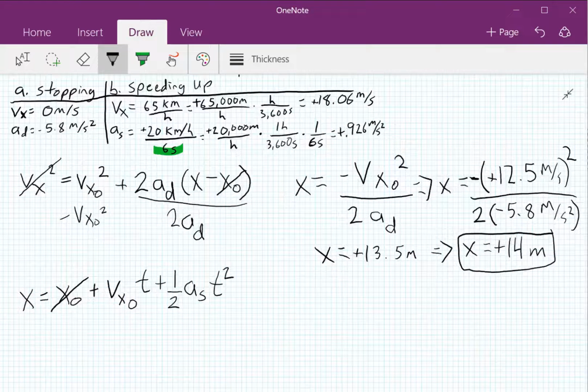Time is not 0, acceleration is not 0, and the velocity is not 0, so the only thing you can take out is the initial position. But the other nice thing about this equation is it's already isolated for what you need, so you can just plug the values in now. So you're going to have x is going to equal the initial velocity in the x direction, which was that positive